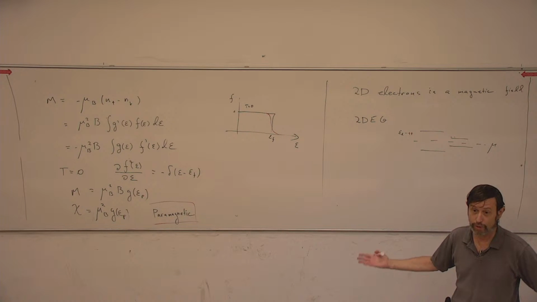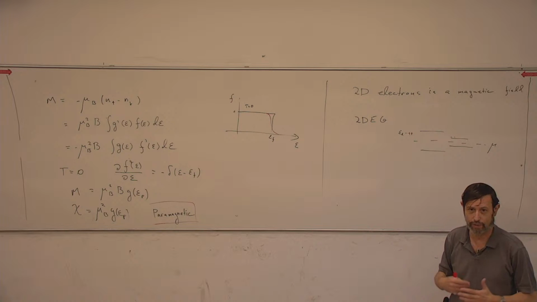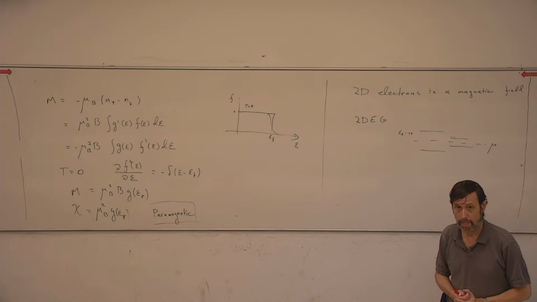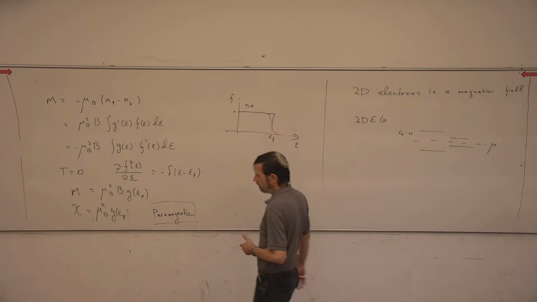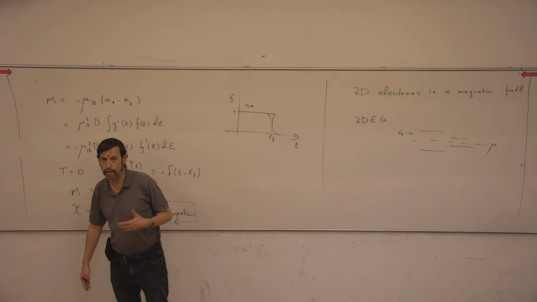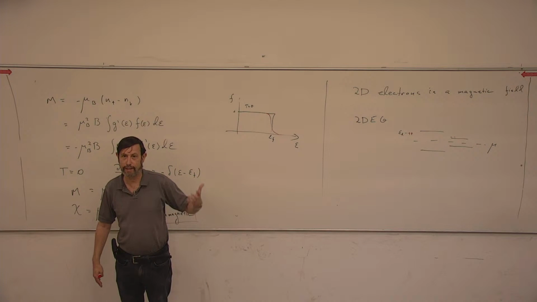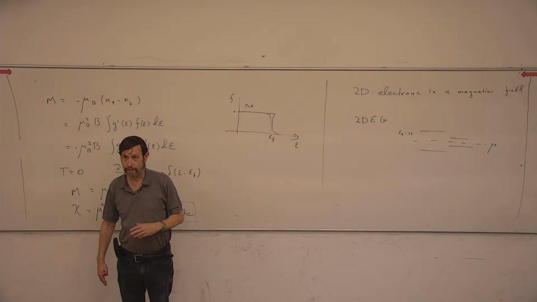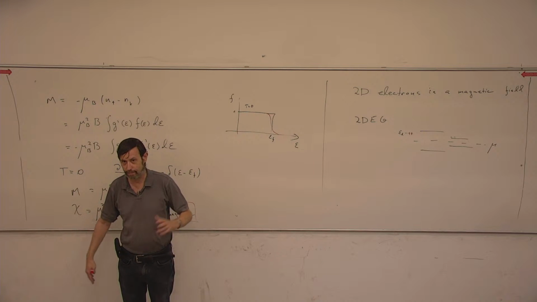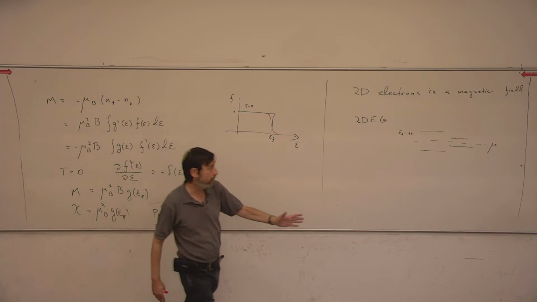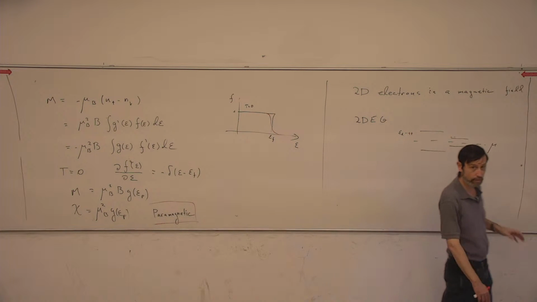So that's how you create a two-dimensional electron gas in the laboratory. And that became like the workhorse of a lot of quantum studies in semiconductors and generally all kinds of materials. That's to create a two-dimensional electron gas